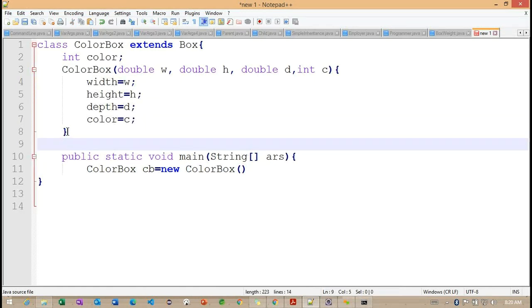And now I want to check with the volume here.